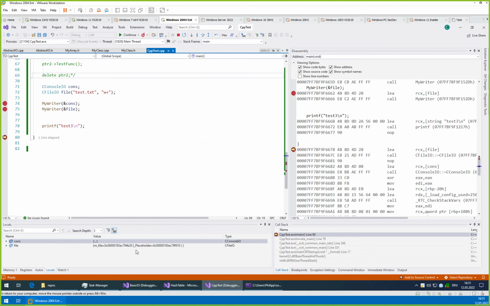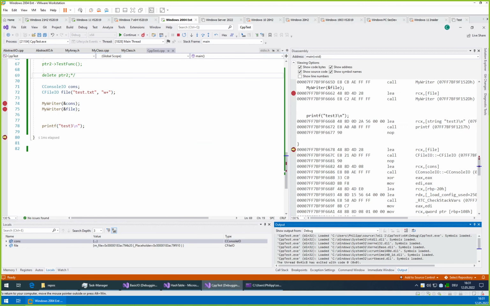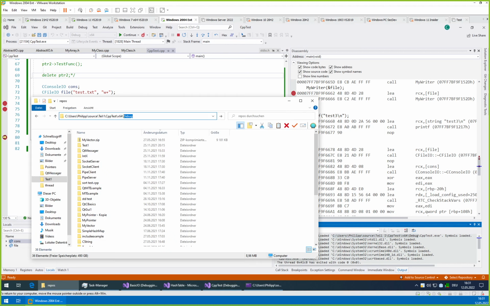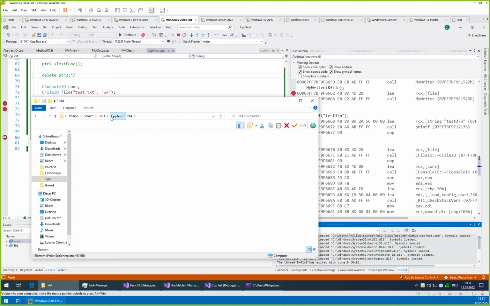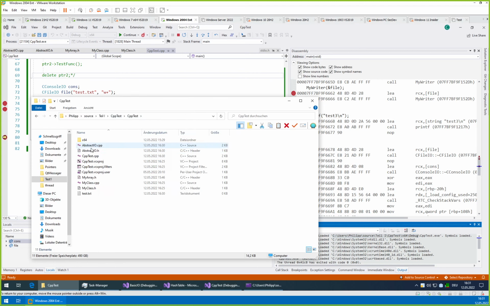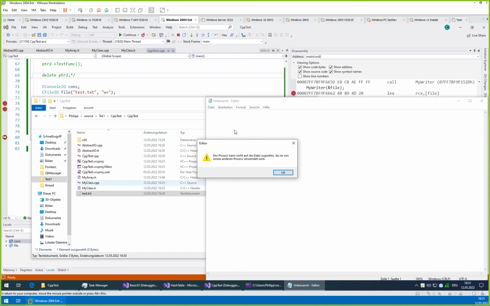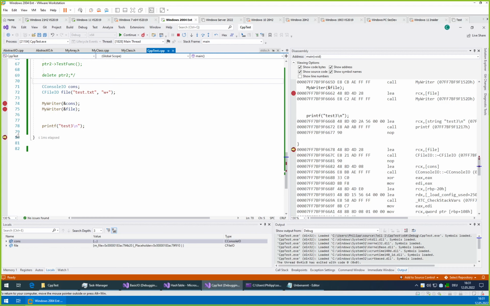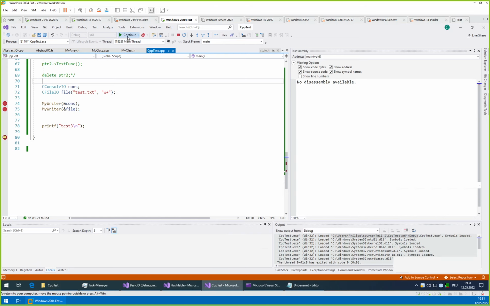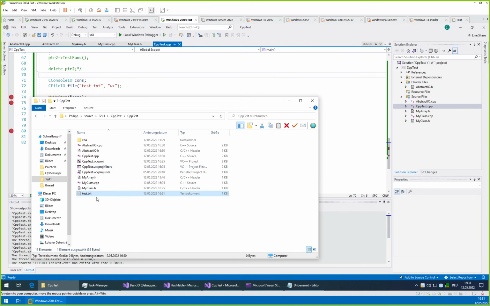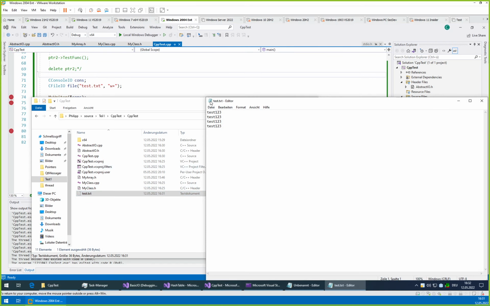Where did I save the file? Output, test2, and in our... okay, we have not. Oh yes, sure, we did not close the file yet. We need to press continue. Now we can open it, and here it also has the 1, 2, 3 test.